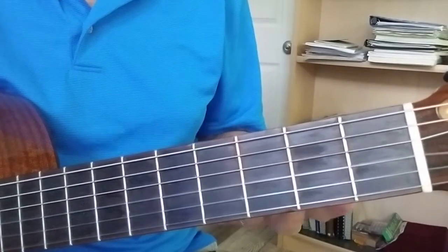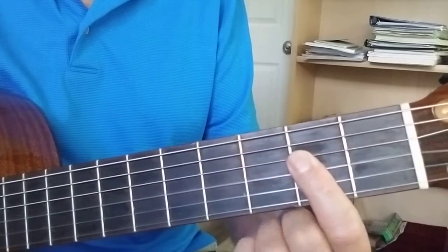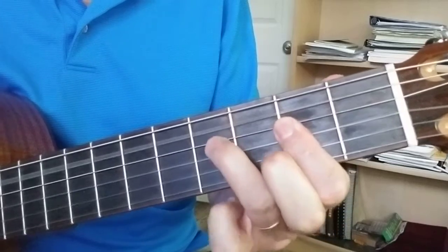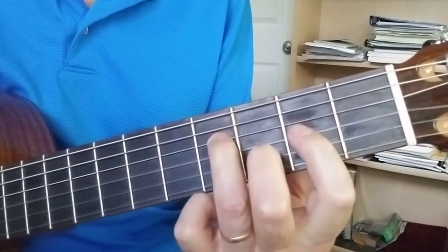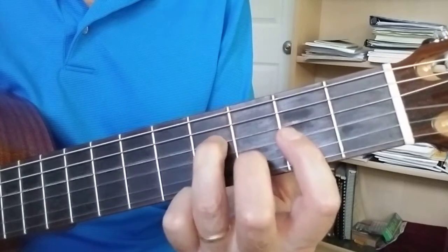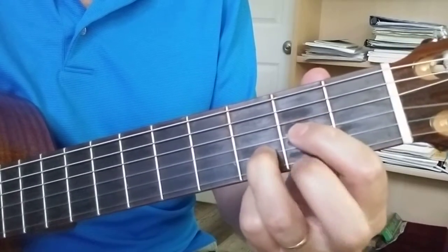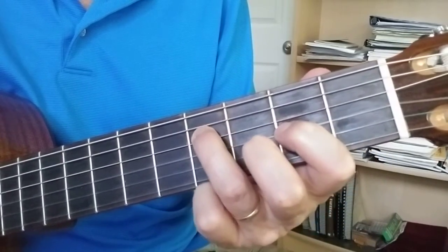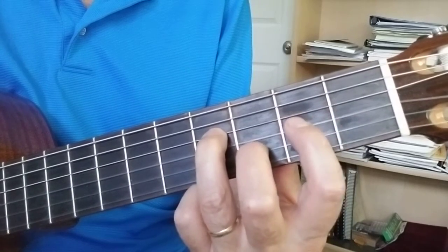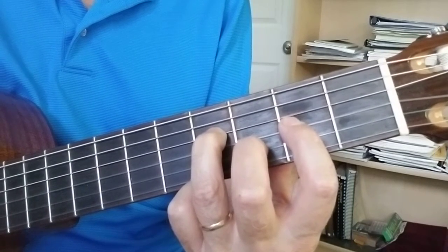Now, let's go back to position 1 and do it from there. So we know that the 4 chord goes A to D, right? Well, we can do that by putting a D chord. It's just an inversion of the D chord. Here's our D chord. If we take this F sharp and move it here, we get this inversion. F sharp, A, and D. So we're going to rock between our A chord